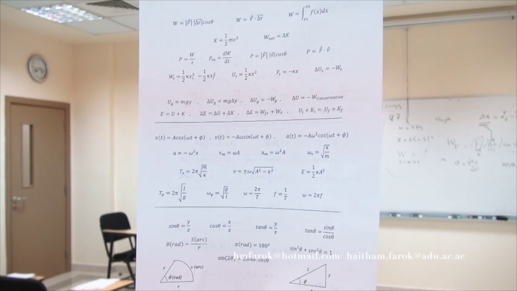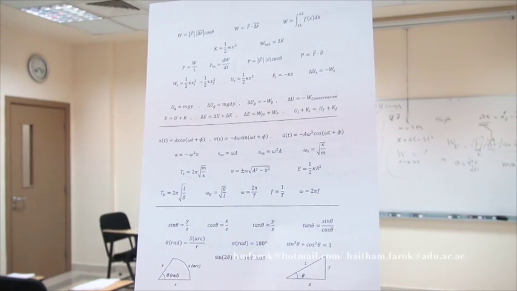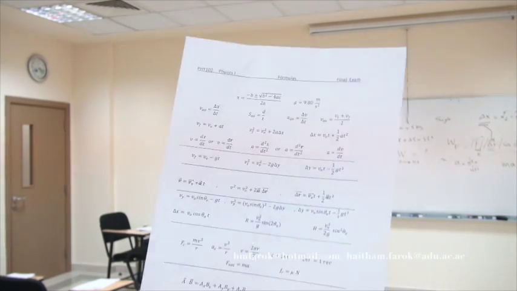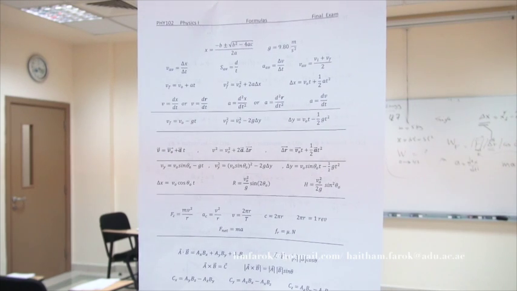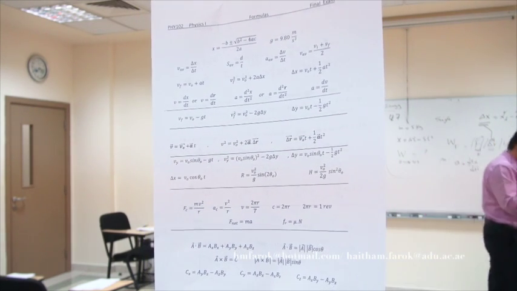And of course, the second part is about chapter 15. And the first page is for the previous chapters, like chapter 1, 2, 3, in the same sequence. So this is what you'll get in the formula sheet. Anyway,